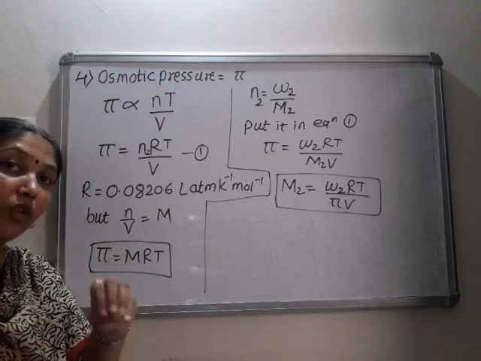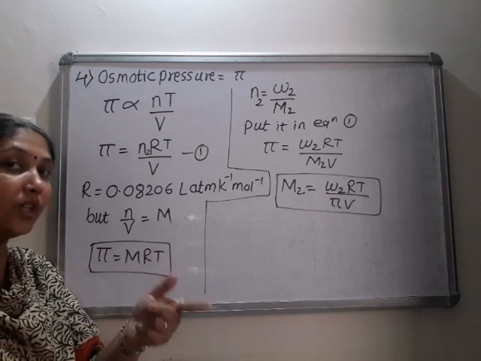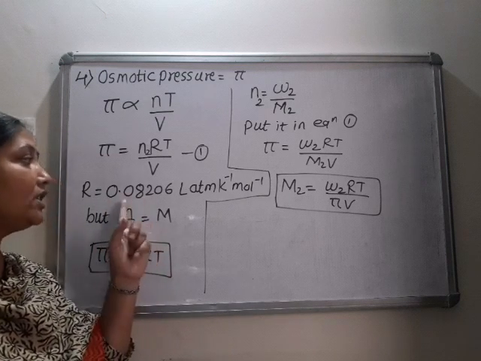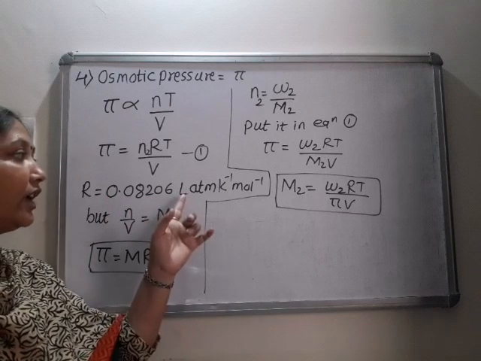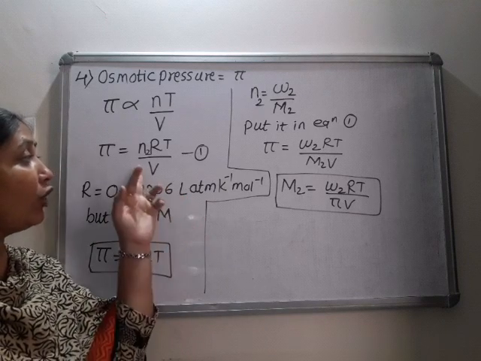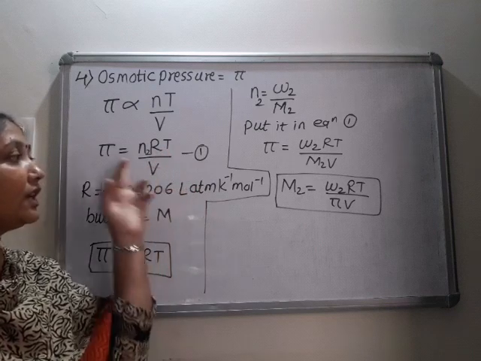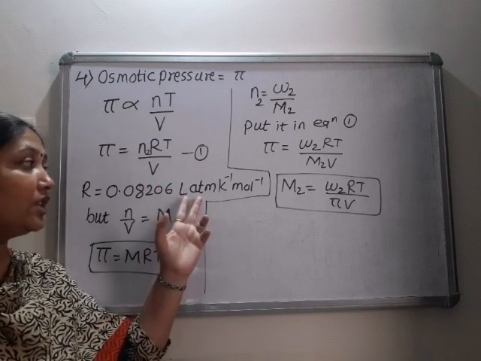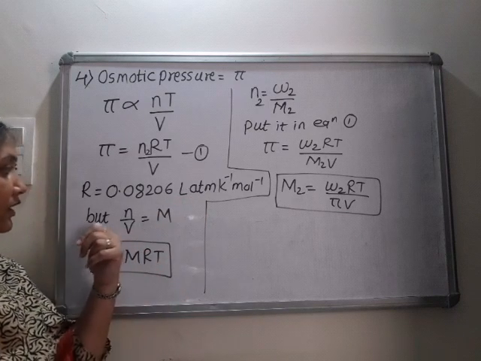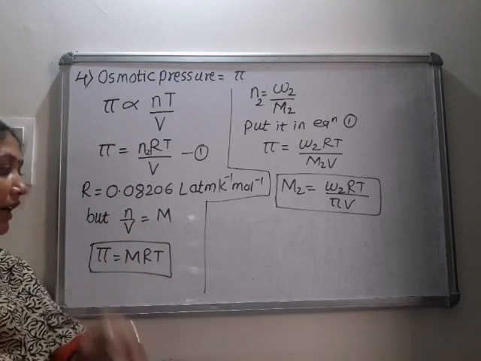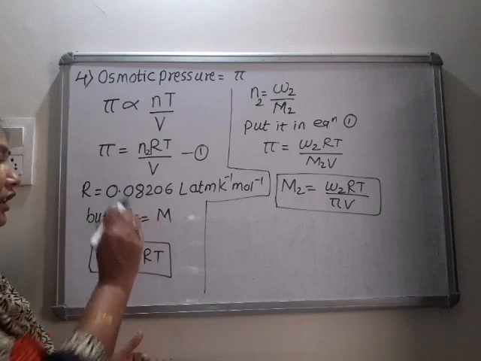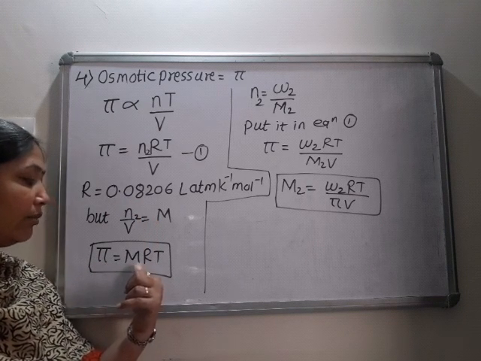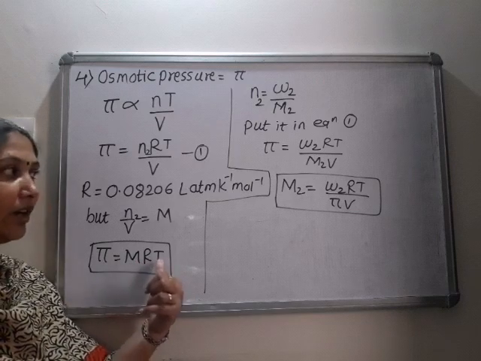If they have given the value of R as 8.314, then use that value. If they don't provide the value of R, then we have to take that value as 0.08205 or 06, where volume is expressed in liters and pressure is expressed in atmospheres. Liter, atmosphere. I told you when we use this unit. Okay. And n2 upon V is nothing but molarity. So pi can also be determined by using the equation MRT, molarity into R into T.